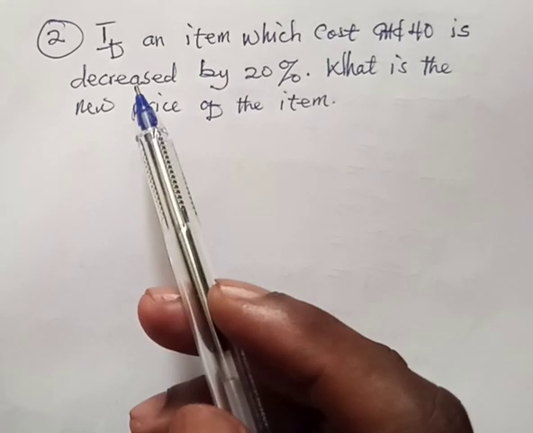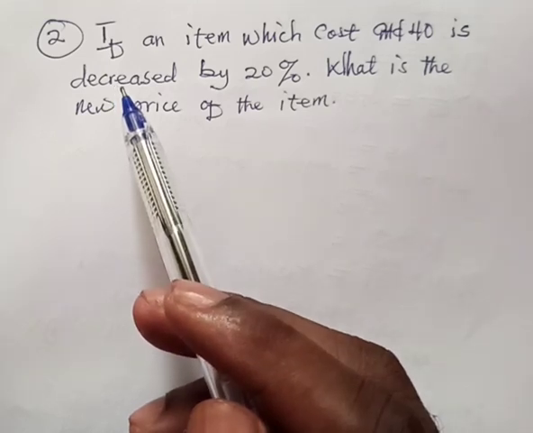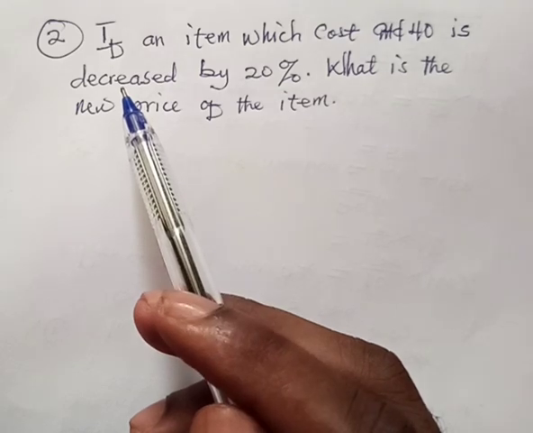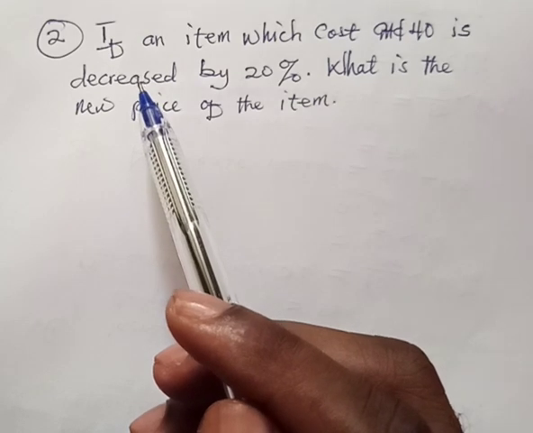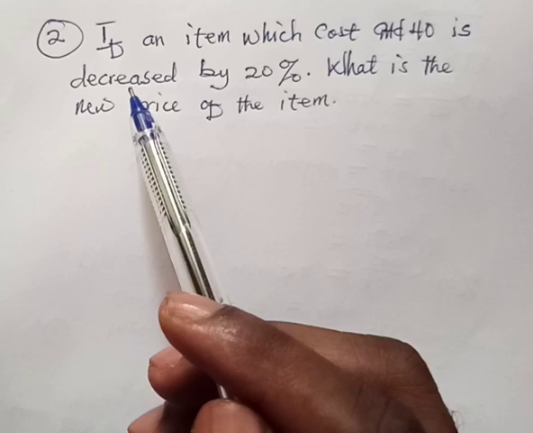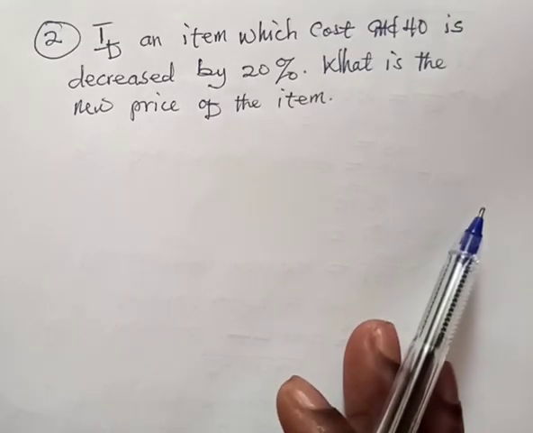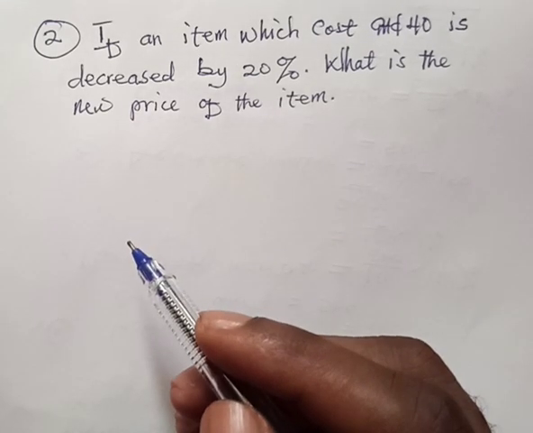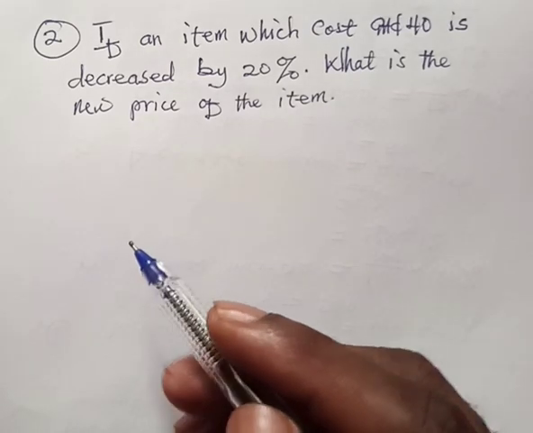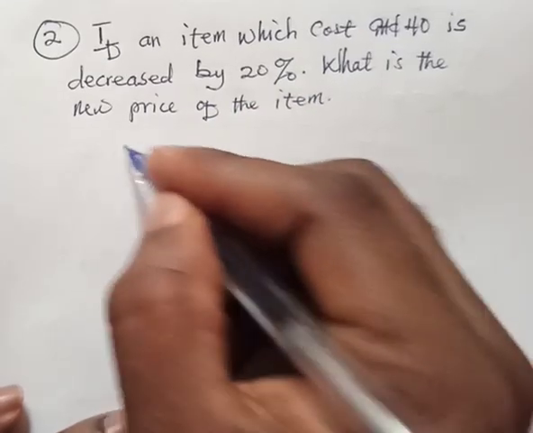And looking at this example, this one is on the decreasing part. So this question says, if an item which costs 40 Ghana cedis is decreased by 20%, what is the new price of the item? Good. So let's look at how we can find that new price. This one too, we are using the first method, and then we use the second method as well. So if we are using the first method, method 1,